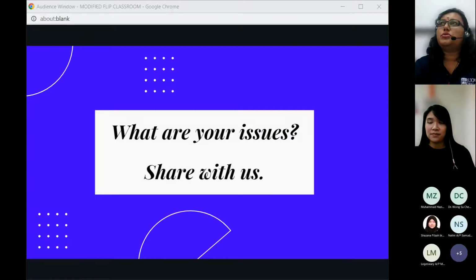Another issue that I noticed, besides not following the instructions, is that perhaps they feel that they are overloaded with things, so they feel, okay, it's not important for me to do it before class. In fact, teachers are going to cover that anyway, so it's okay, those kinds of things.